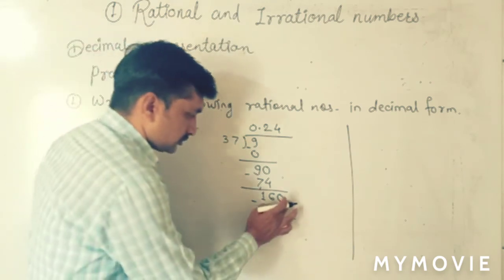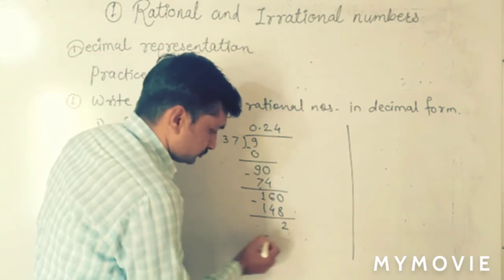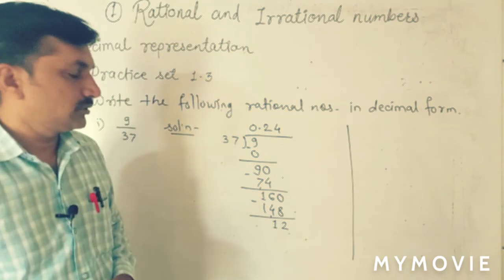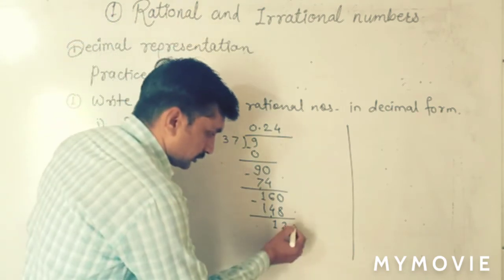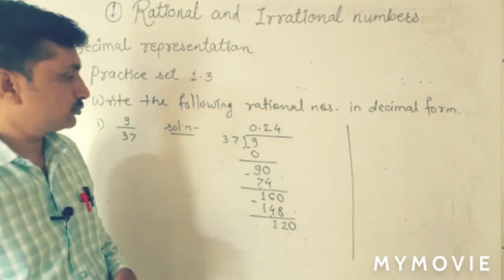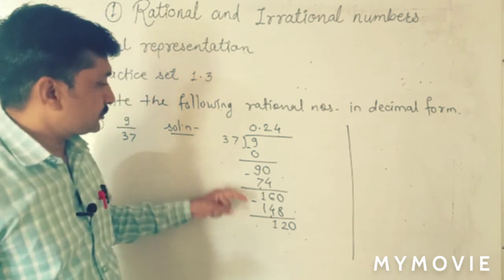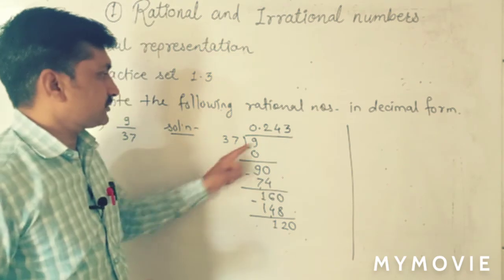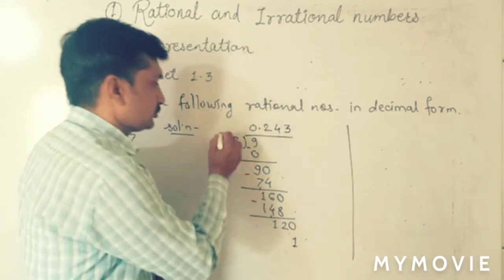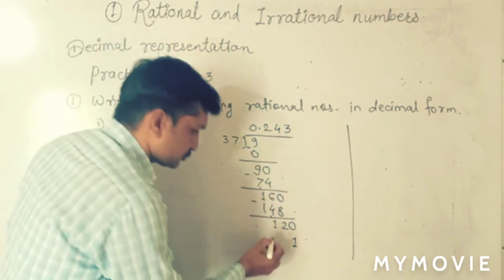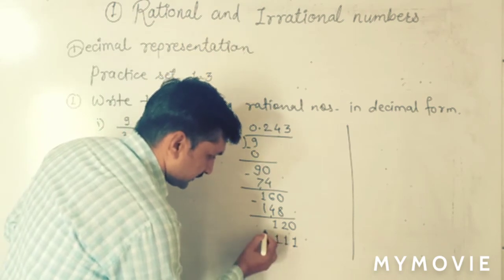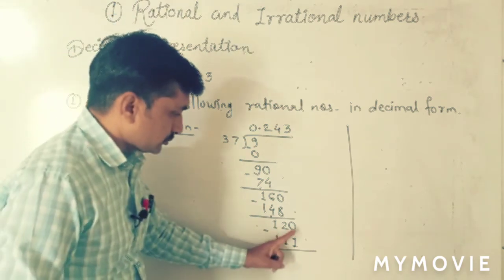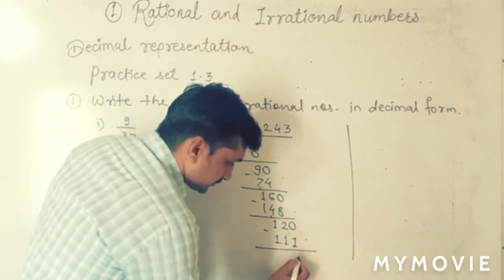Again subtraction, 10 minus 8, 2 and here 16 minus 15, 1. We get 12. Again continue by taking 0, 120. Then here 4s are 128, greater, then 3s are. 7 3s are 21, 2 carried over, 3s are 9, 9 plus 2, 11, 111. Now subtraction again, 120 minus 111, here 9.